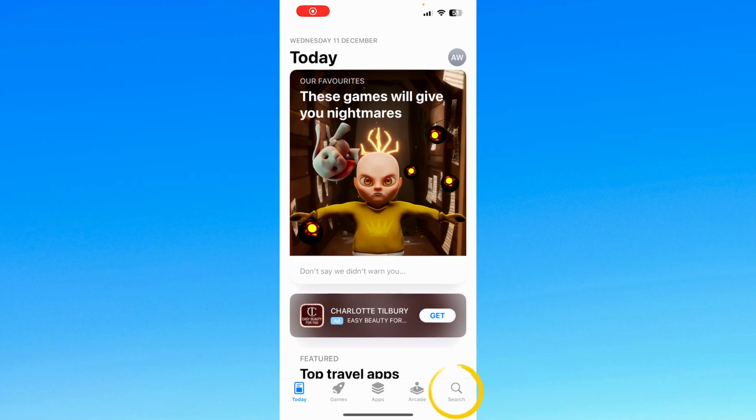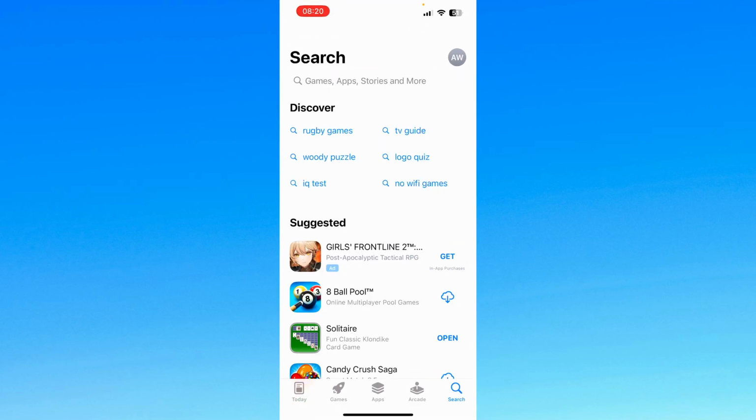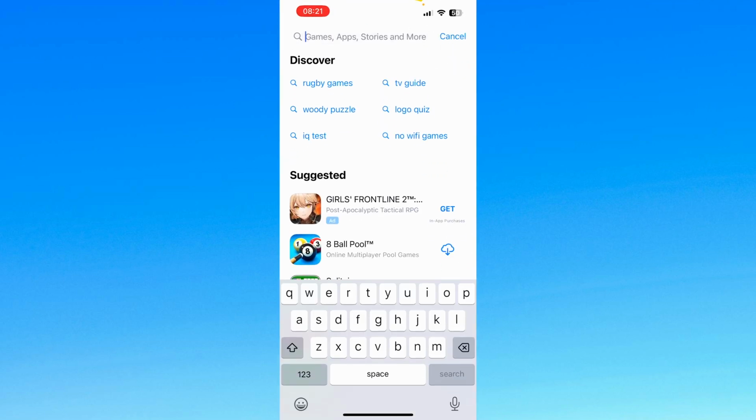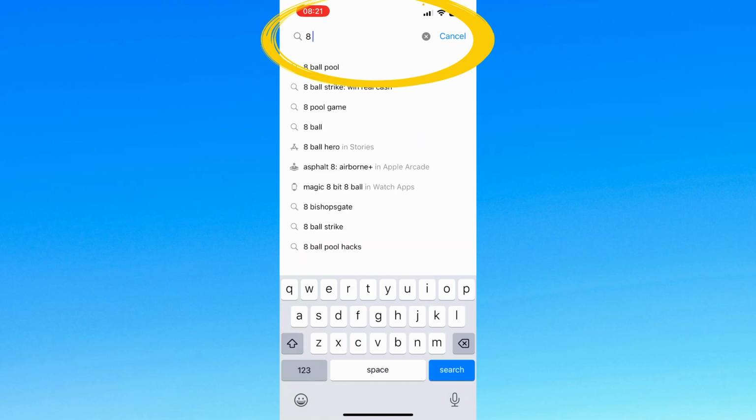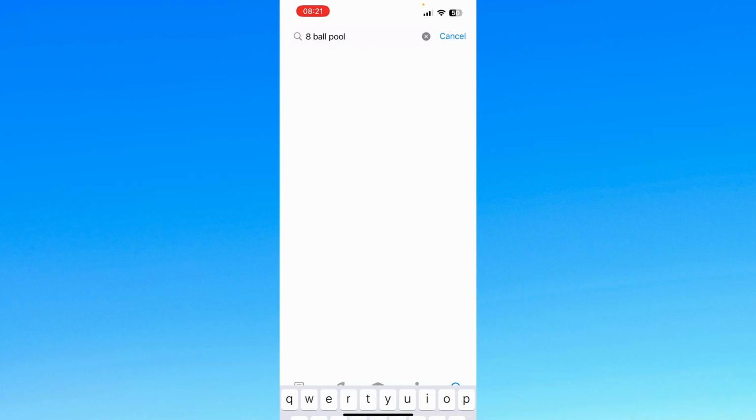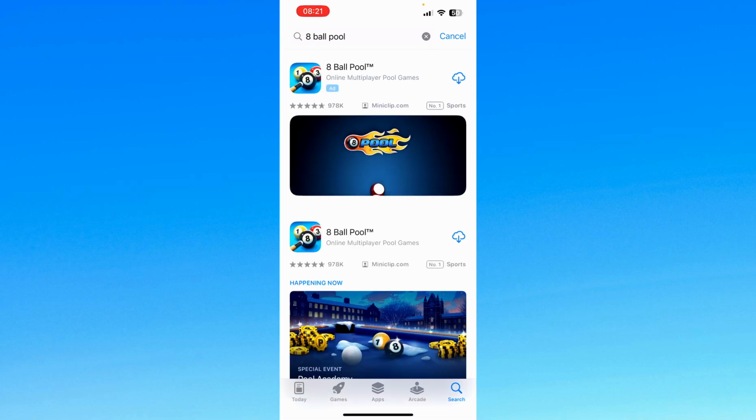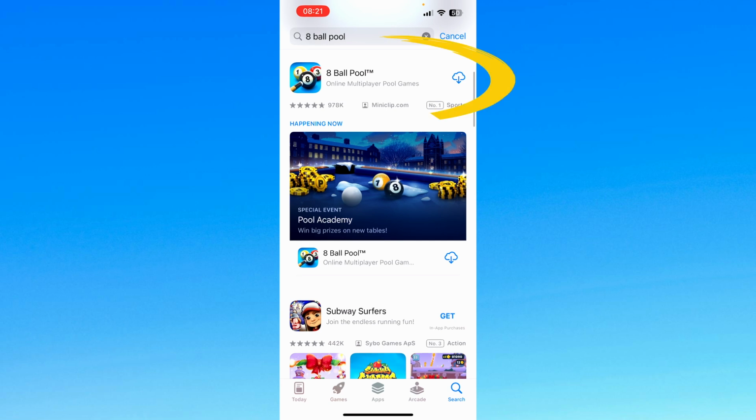And from there, press the search button on the bottom right. From there, go up to the top and start typing in 8-Ball Pool. Press search at the bottom right, and that's going to load a bunch of different listings. I always scroll past the first advertisement and go to the first organic listing right here, the 8-Ball Pool app,